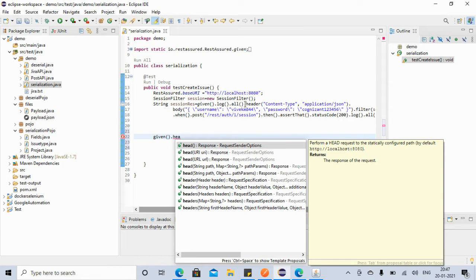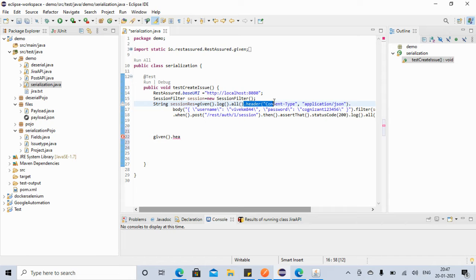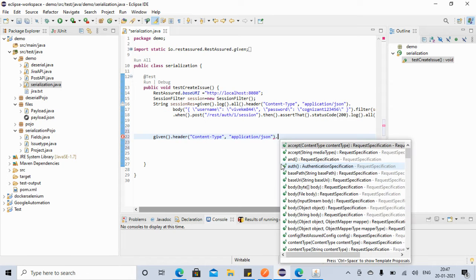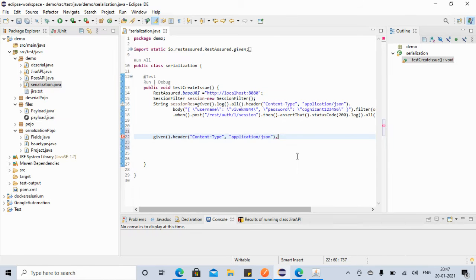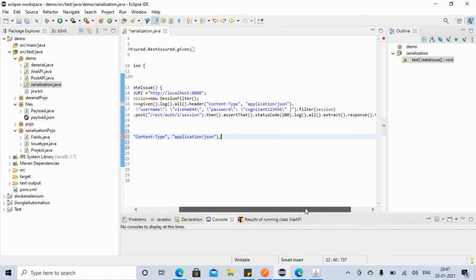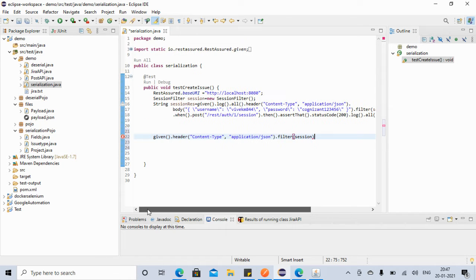So we can copy this content, whatever is there, right? Application JSON, we can copy it here. Control C. We also need that session, right? So we already have the session here. So we can use this session, because we have already created it. So we can say this given, what else? given dot